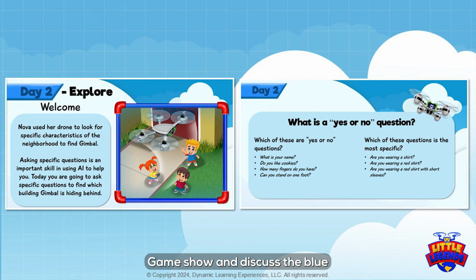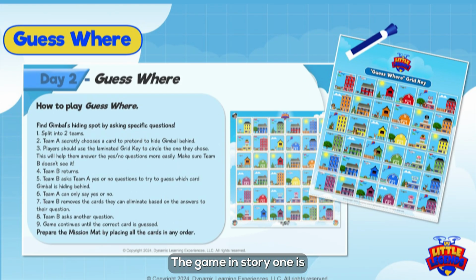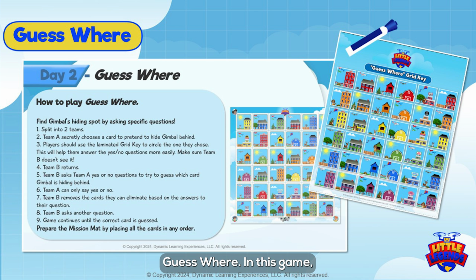Before playing the guessware game, show and discuss the blue introduction slides and practice asking yes/no questions. The game in Story 1 is guessware. In this game, half of the team will secretly choose a card on the board to pretend to hide Gimbal behind. The other half of the team will ask yes and no questions to try to guess which card was